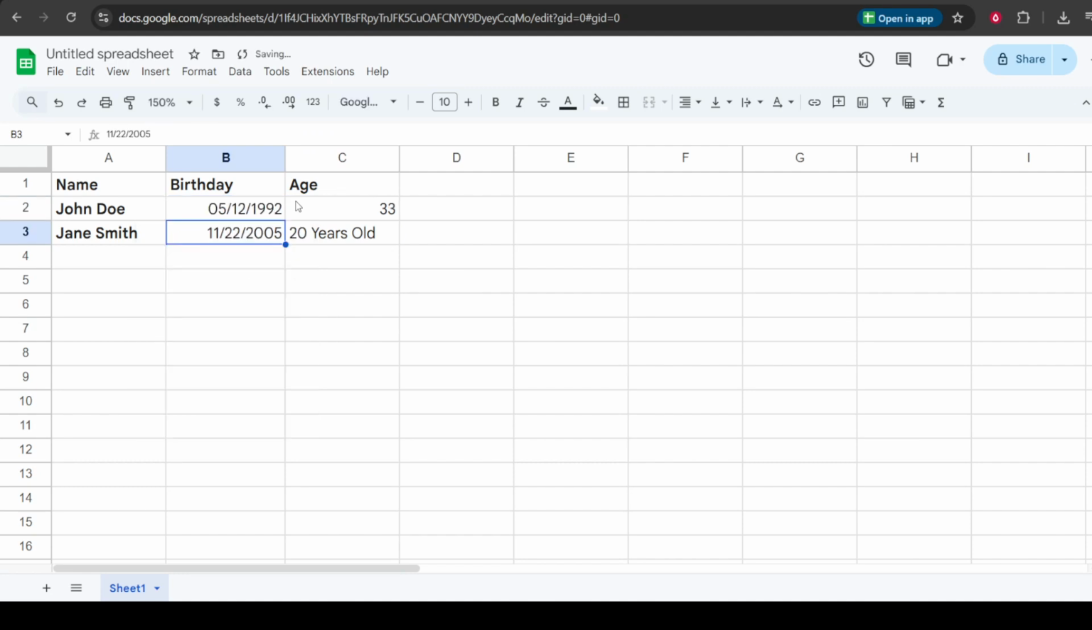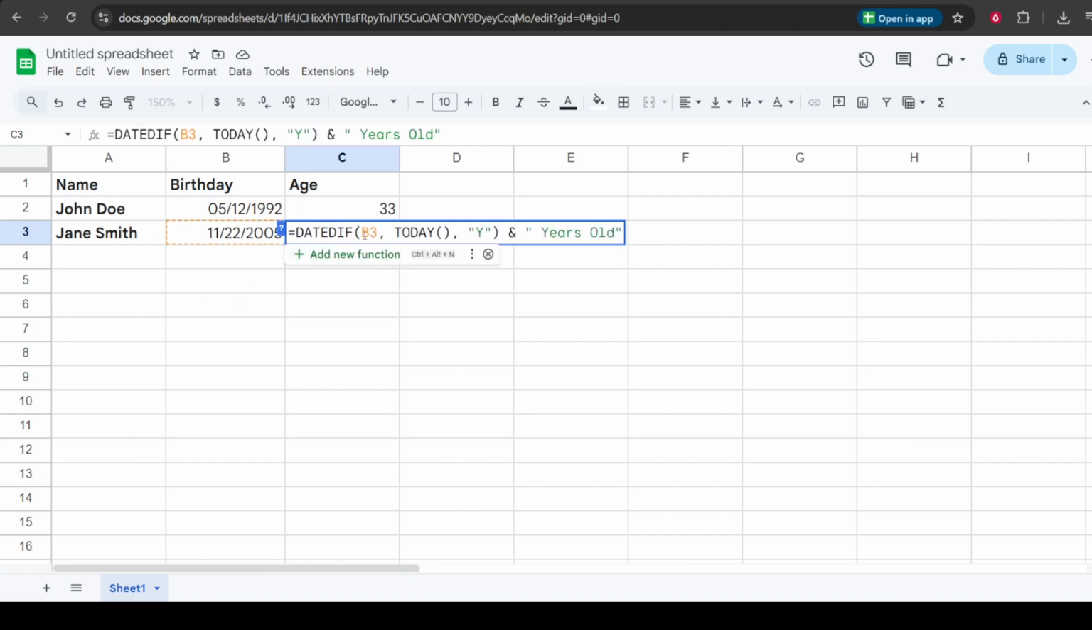If you want the result to look extra professional, you can add some text to the end of your formula. After the closing parenthesis, type an ampersand, a space in quotes, and the words "years old" in quotes, like this: & " years old". Now, instead of just a number, the cell will display something like 29 years old, which reads nicely in reports